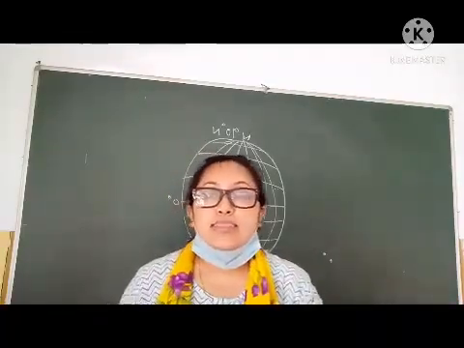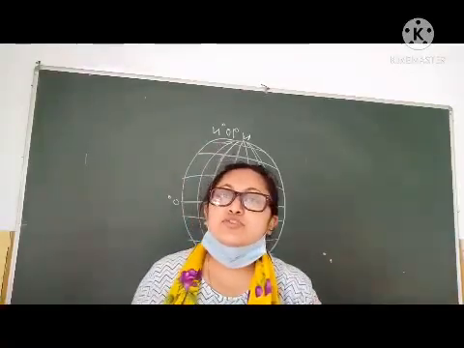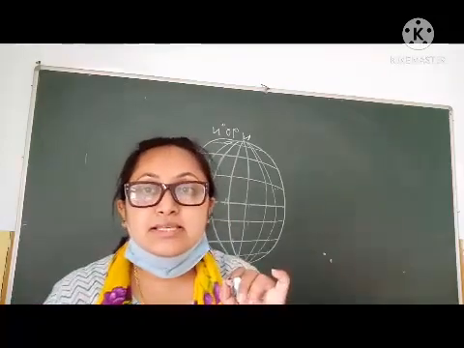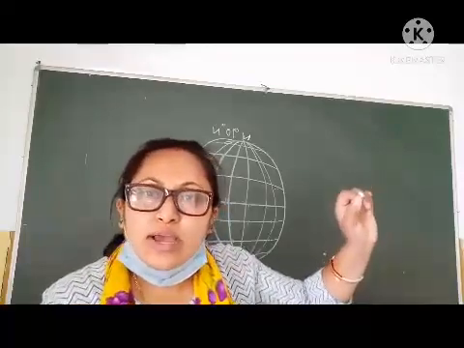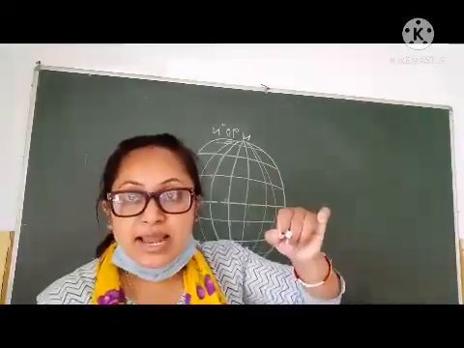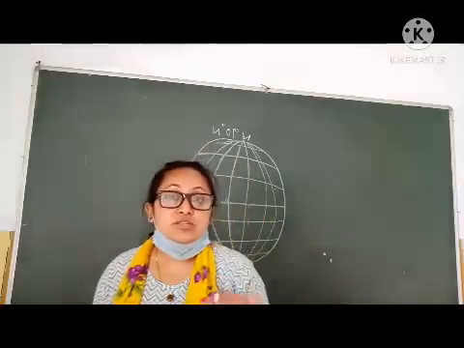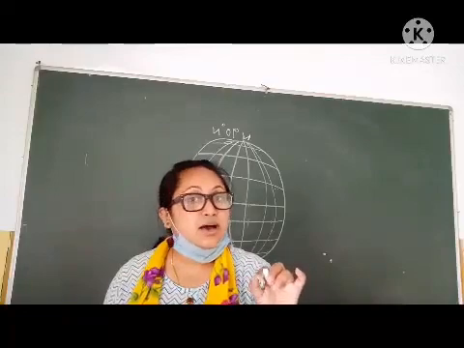Now we know that the earth is spherical in shape. So is it possible to locate a place on the earth? Suppose you have to locate New Zealand on the earth. Can you go to New Zealand and locate the place, or can you see New Zealand from here? The answer is no. You cannot see New Zealand from here, and you cannot locate places on the earth this way.